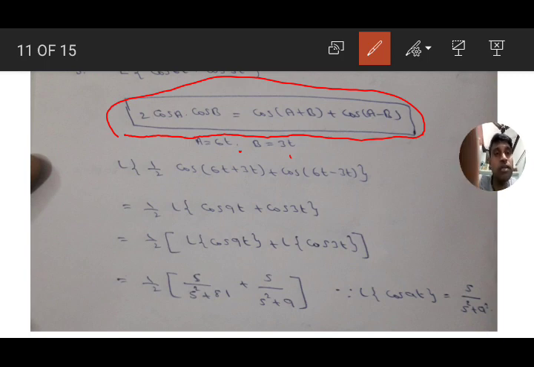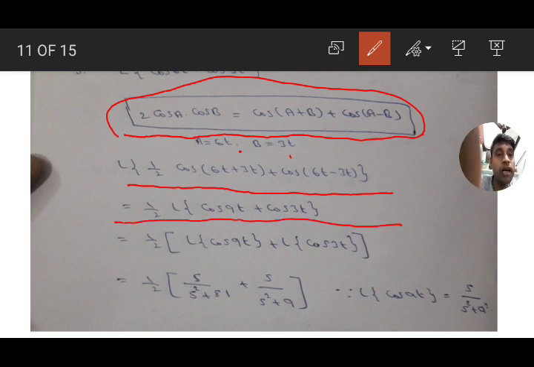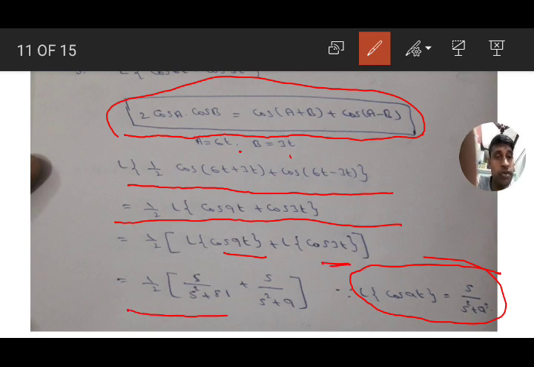Substituting a equal to 6t, b equal to 3t in the formula, we get 1 by 2 into cos 6t plus 3t plus cos 6t minus 3t. Simplifying this, we get L of cos 9t plus cos 3t. Then we will use the formula L of cos at equals s by s square plus a square, where a equal to 9 for the first one and a equal to 3 for the second. By substituting, we get 1 by 2 into s by s square plus 81 plus s by s square plus 9. Okay,